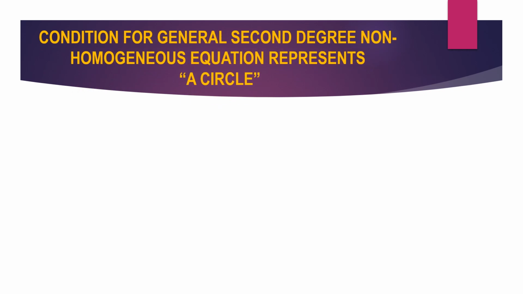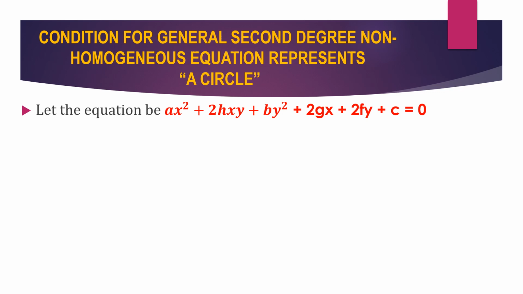The next one is the condition for a general second degree non-homogeneous equation to represent a circle. First of all, let us take the equation ax square plus 2hxy plus by square plus 2gx plus 2fy plus c equal to 0. This is a second degree non-homogeneous equation. Now this equation represents a circle if it satisfies some conditions. Now those are